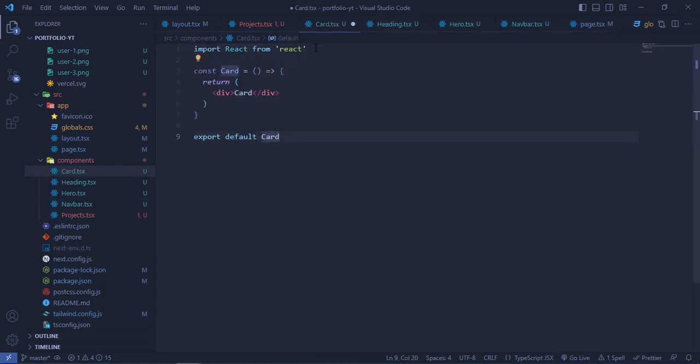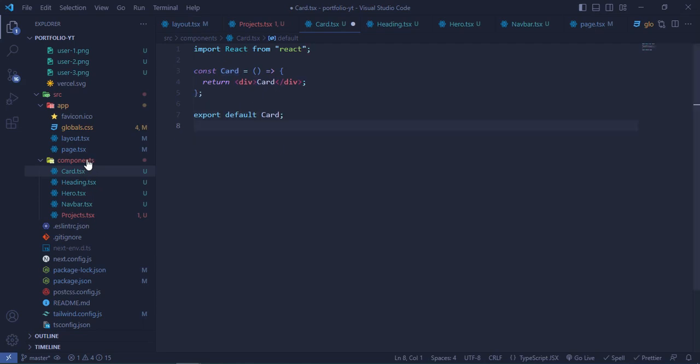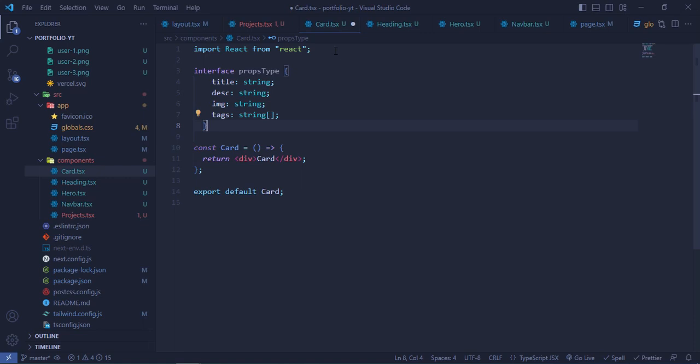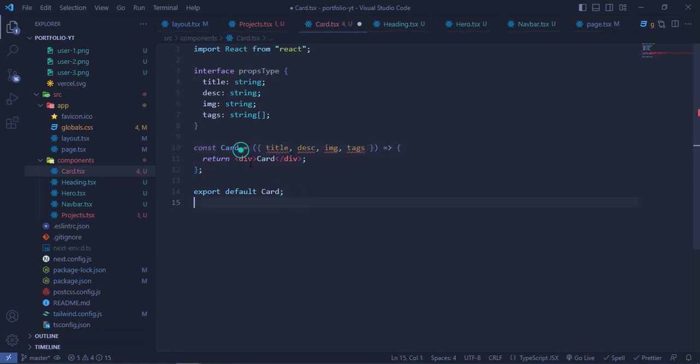Okay, so we will be having these props, and we will be destructuring them here. Then I will do React.FC and props type. Okay,